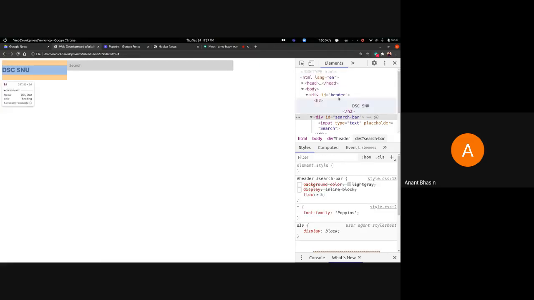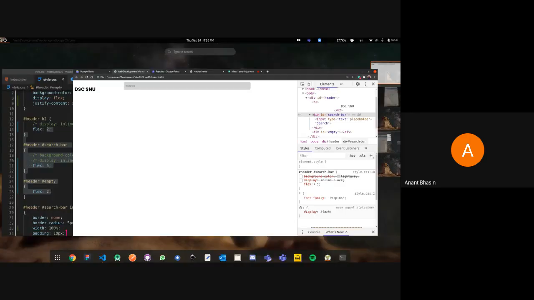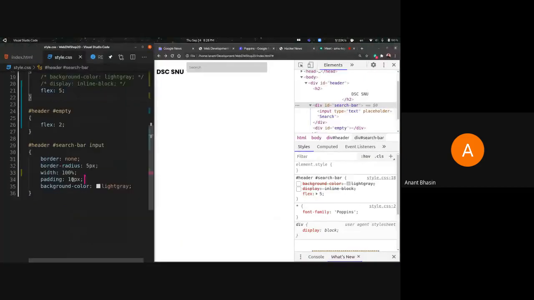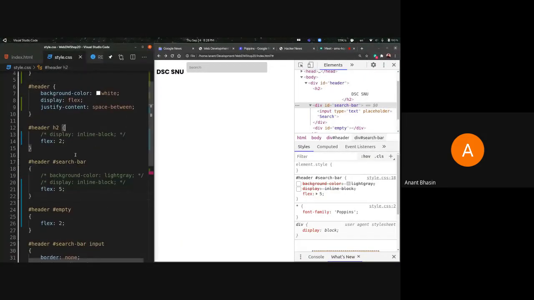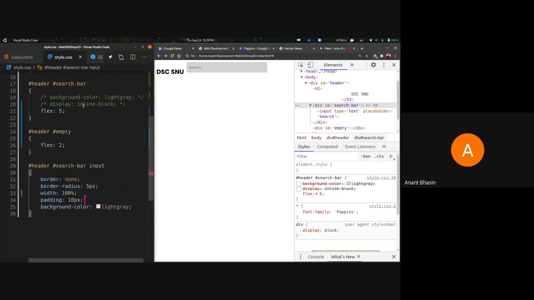yeah. Now you can see that the header has the H2 that is taking 247. The search bar should be taking, yeah. So it has a lot of, okay, so right. Why it's a bit disproportionate is because we have padding and all over here. Oh, right, sorry.